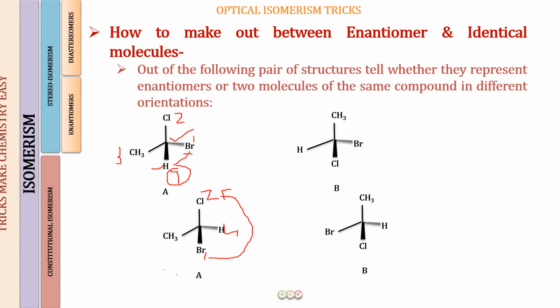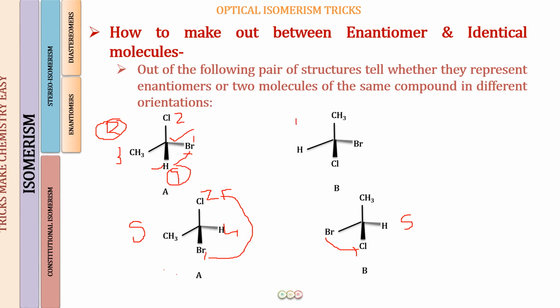Why is this happening? Again, I have explained it in the detailed lectures. Okay, so here when I make a switch, what you have to remember is that this configuration is the S configuration from the arrow, while the original molecule will have the R configuration. Okay, similarly, when I make my arrow from bromine to chlorine over here, well, this is in the anti-clockwise direction. So anti-clockwise direction, again, this means that this has the S configuration.